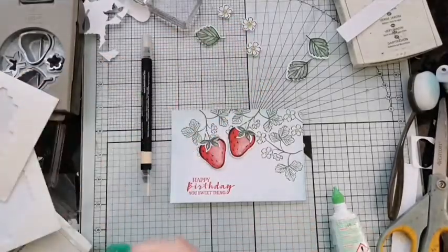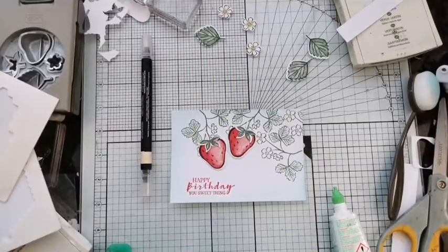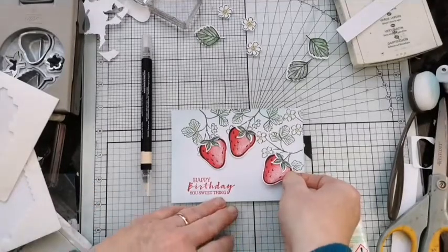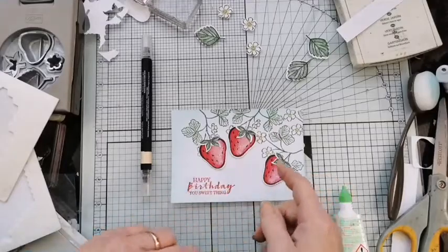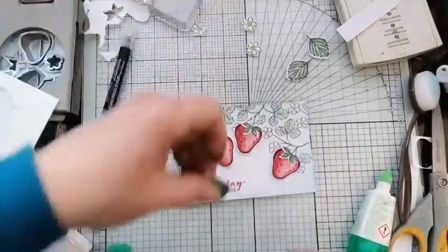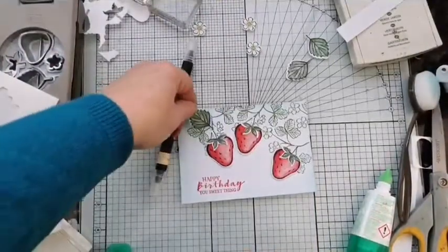So for us here, that seems a bit strange. For those of you that are in summertime, I'm sure you're well into strawberry season. Perhaps you're never out of strawberry season. Strawberry growing season, anyway. So there's our strawberries on there. Let's bring in